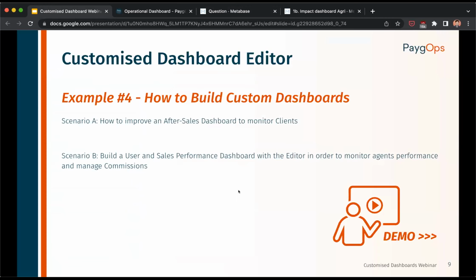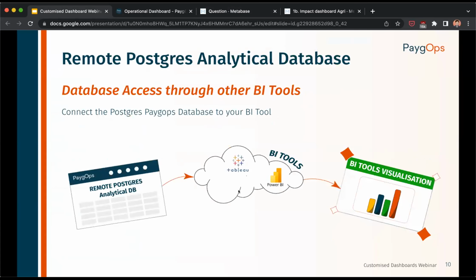And with that, that completes the demo of the custom dashboards editor. And one last thing that is worth mentioning before we move on is the fact that here we have an